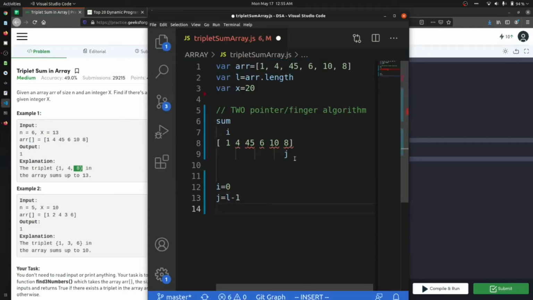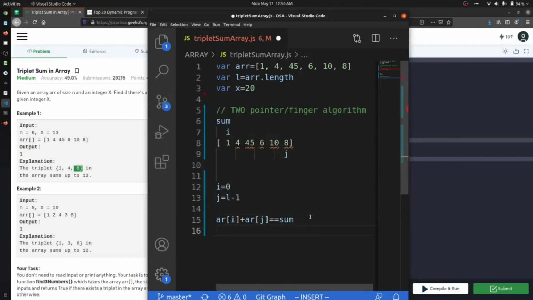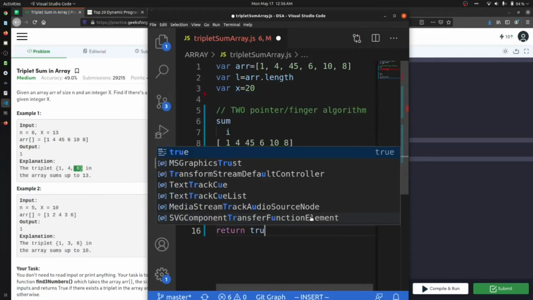Now we will iterate through the whole array and check whether array at i plus array at j is double equal to the sum. If it is, then we are good to go and we return true.